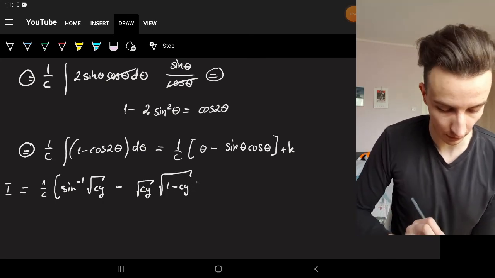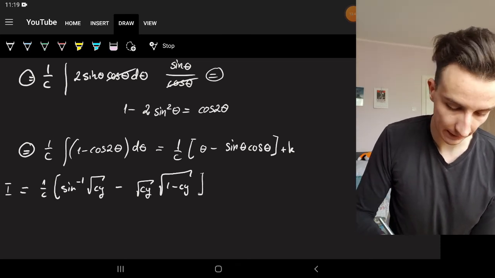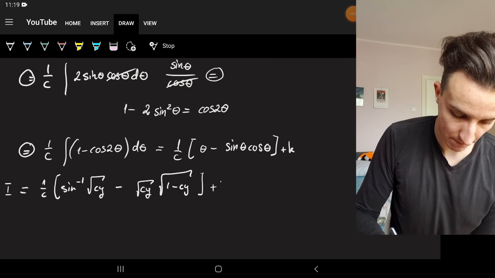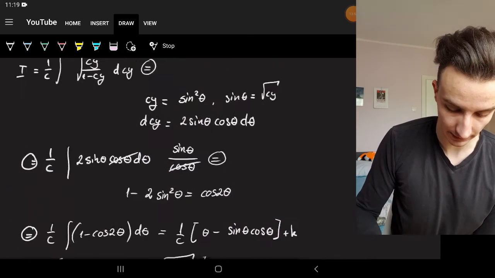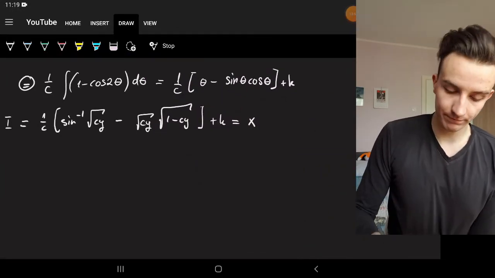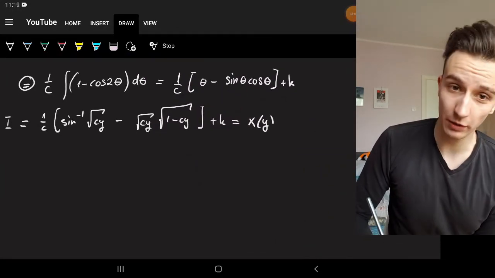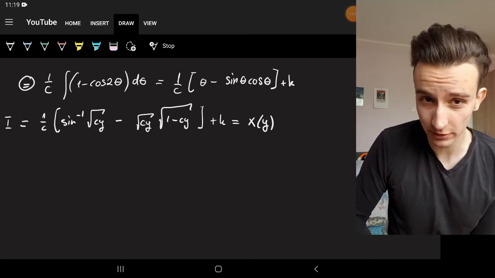Okay. So plus k, and that's equal to x, right? Because the integral of dx is just x. So this is our function x of y, parameterized,